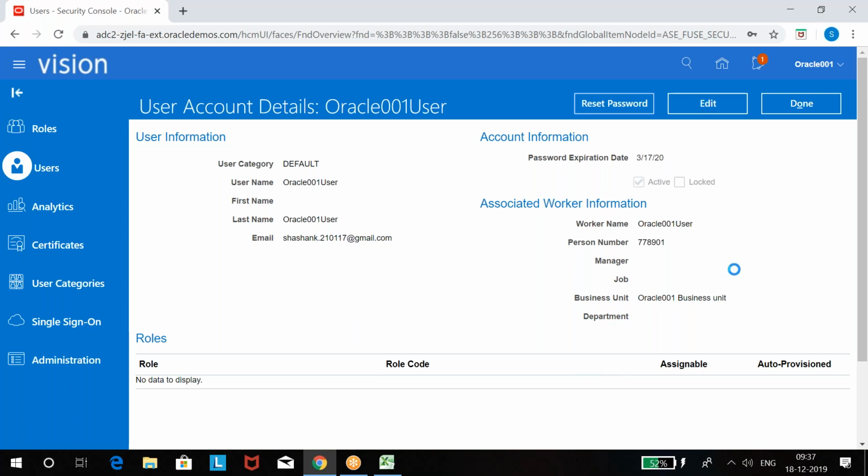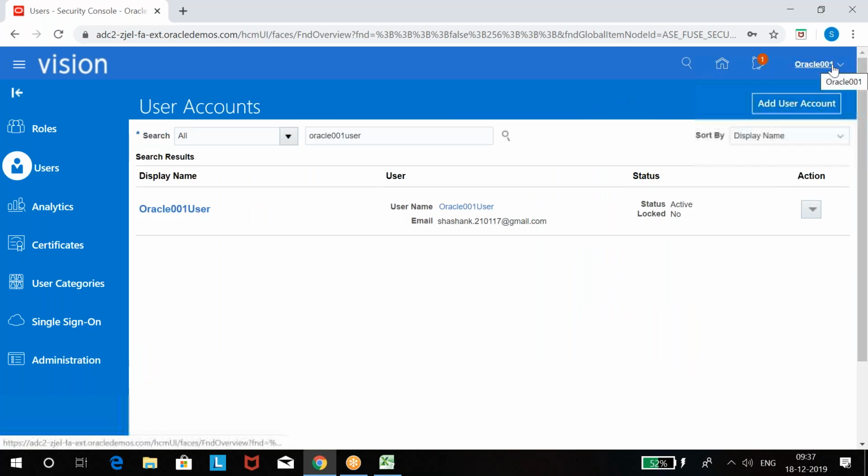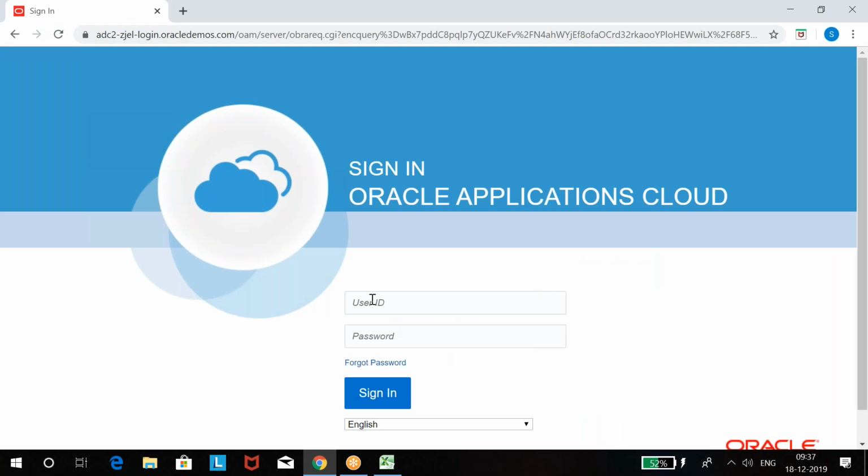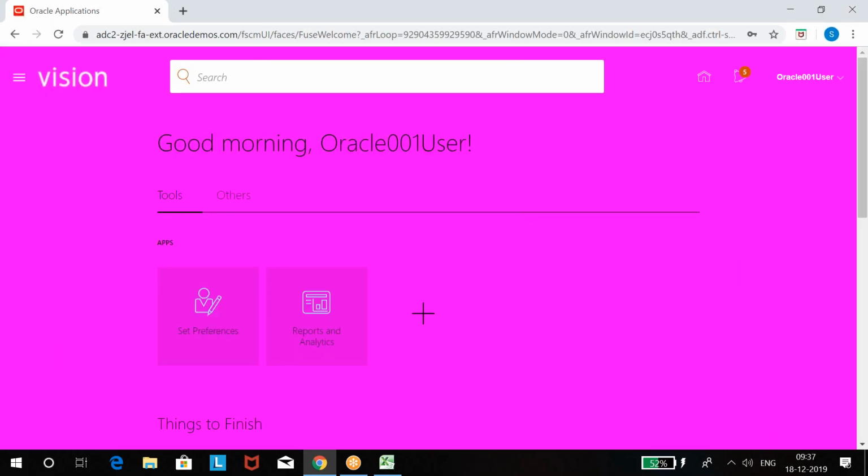Let's say there is no job role assigned, we will log in with this username now. Let's see how it works. There is nothing here.